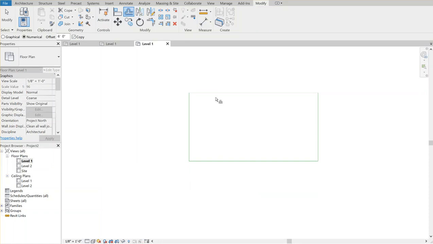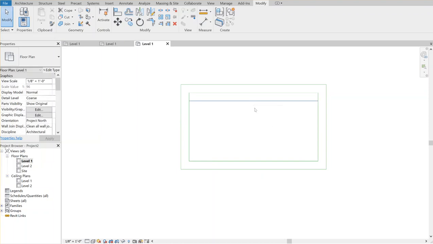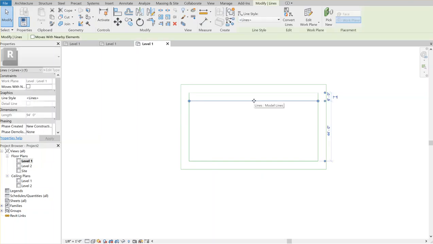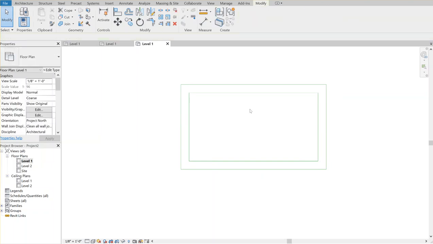Okay, so select and drag the top line out, and drag the left side out, bottom line out, and the right side out. Okay, and escape. Always escape after a command is finished. If you created a line by mistake, erase it immediately. Okay,